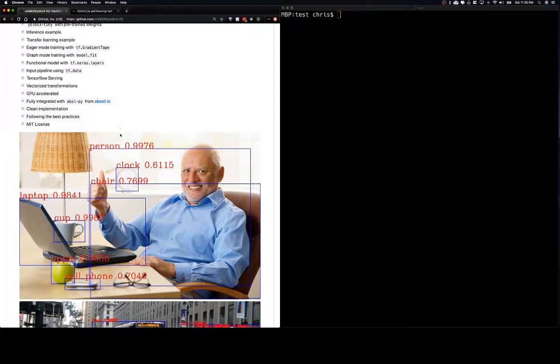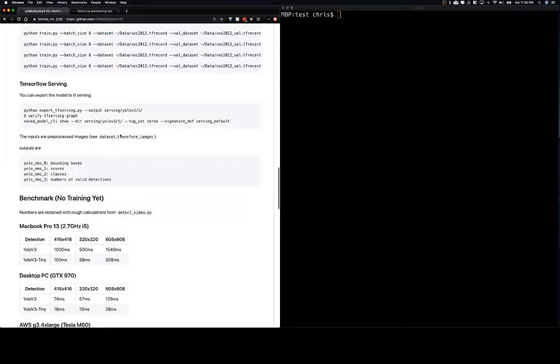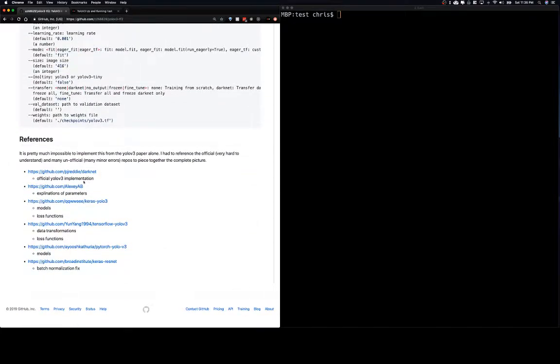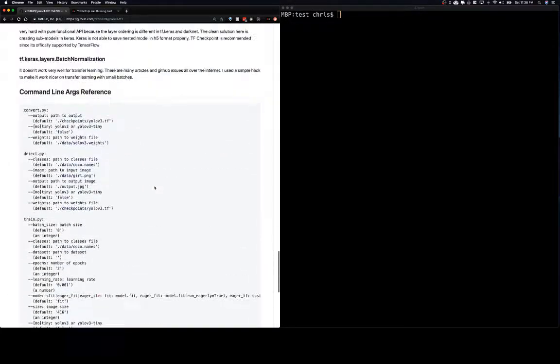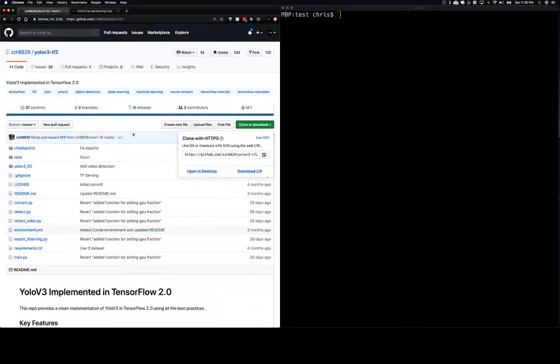He has great documentation here on his repo about how to train it yourself, and some of the process he went through to learn how to create this. We won't be looking too much at that since we're just trying to get it running, but I recommend